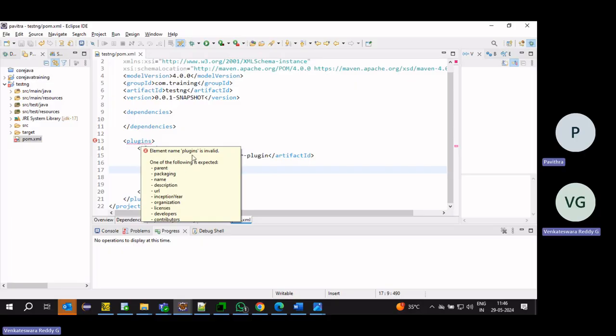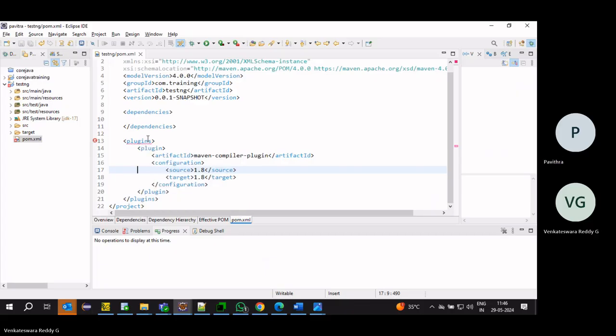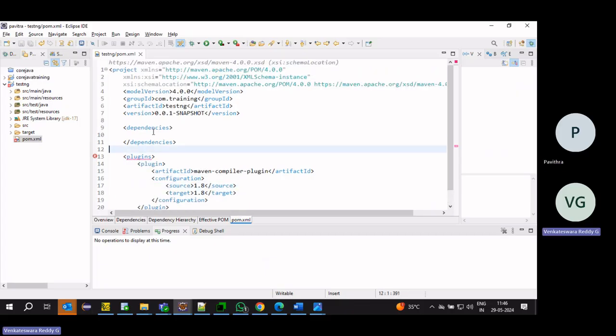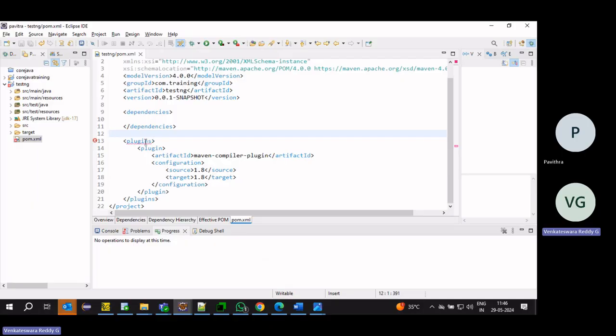The error says one of the following is expected, element plugin is invalid. Somewhere we missed something.